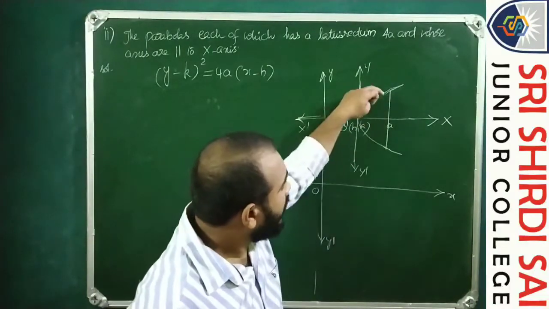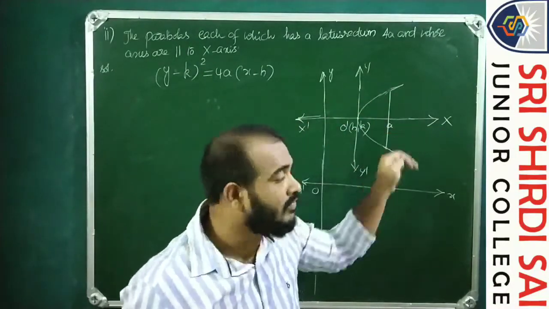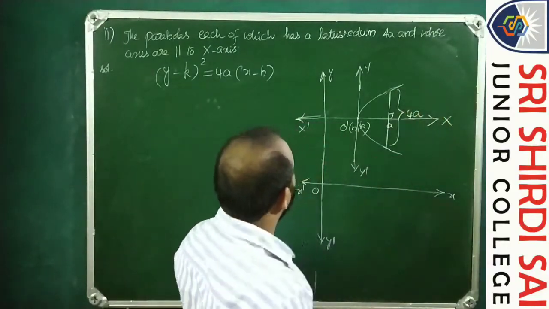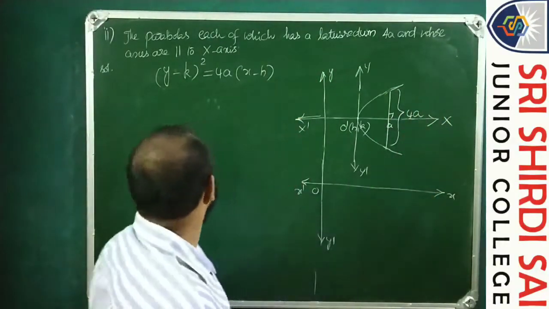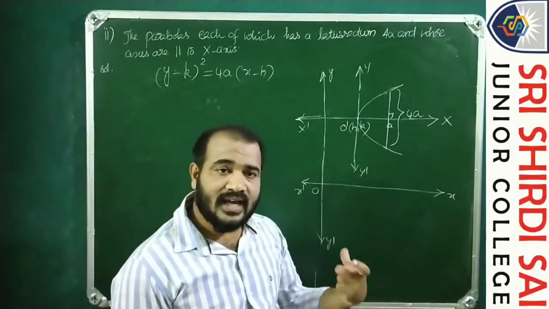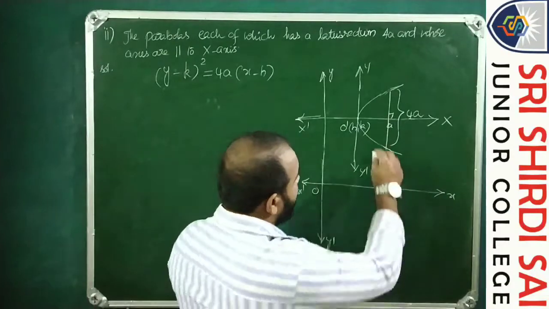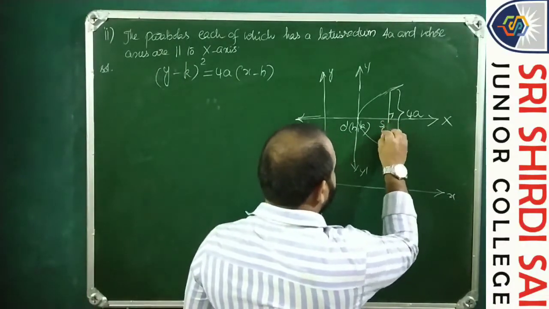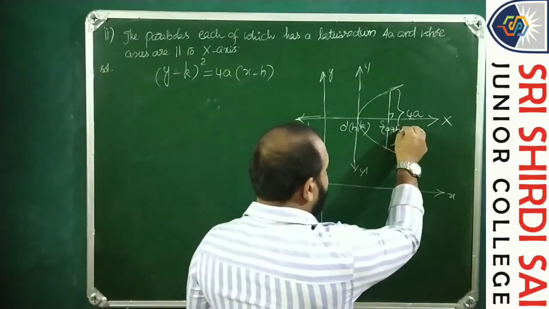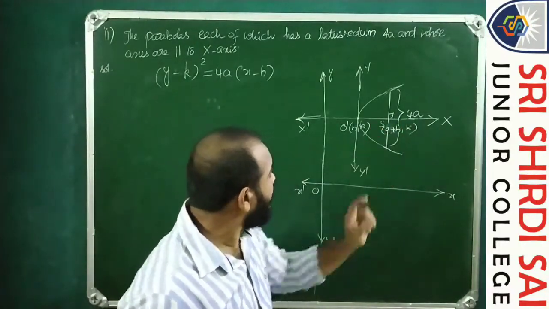Latus rectum is the chord passing through the focus and perpendicular to the principal axis. So this is 4a, that is given in the question. Latus rectum is 4a and axis parallel to x-axis. So what is meant by axis? Axis is nothing but a straight line passing through the fixed point. Here the fixed point is S, a comma 0. So a plus h comma k. So passing through the fixed point and perpendicular to the